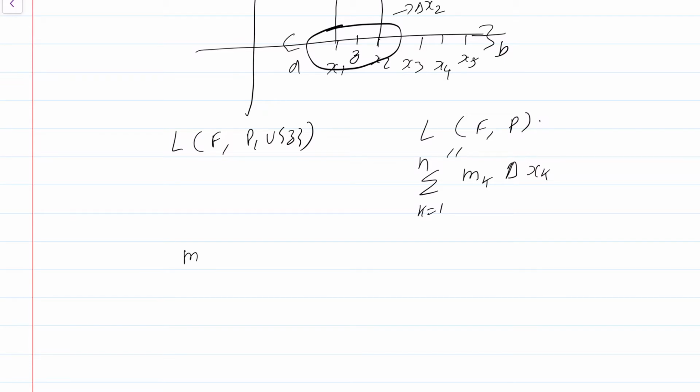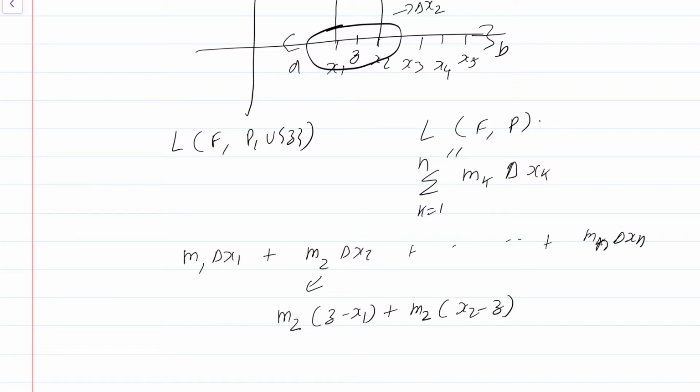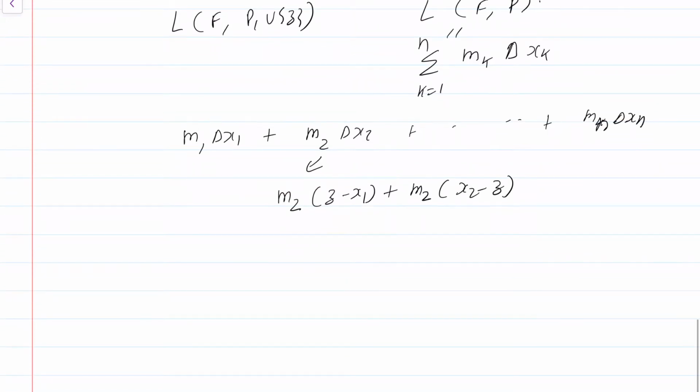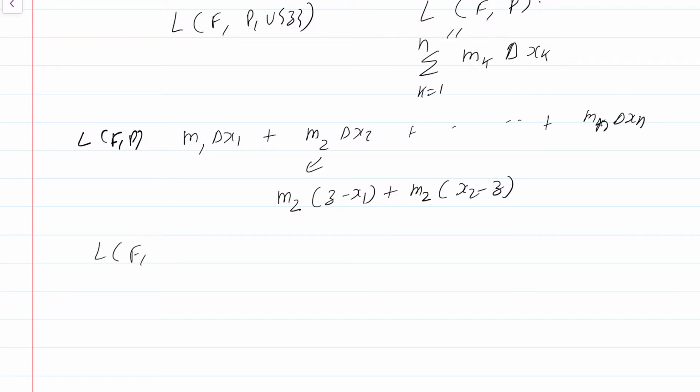So what is going to happen? Well, you have m1 delta x1 plus m2 delta x2 plus so on. I'm not worried about the other terms, and finally you have mn delta xn. This m2 delta x2 I can rewrite as m2 times (z minus x1) plus m2 times (x2 minus z), right? I'm just rewriting delta x2 as (z minus x1) plus (x2 minus z). That's all I have done. So this is L of F,P. Now if you consider L of F,P union Z,